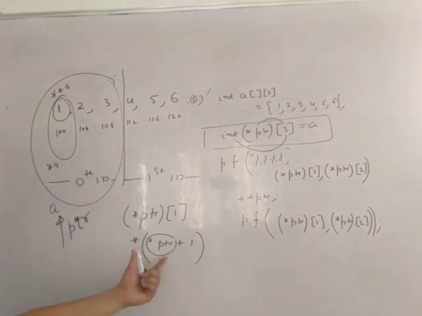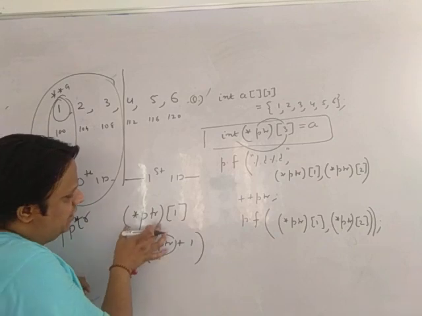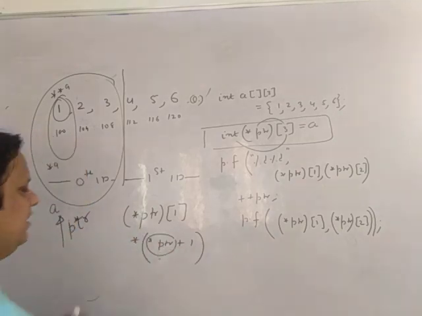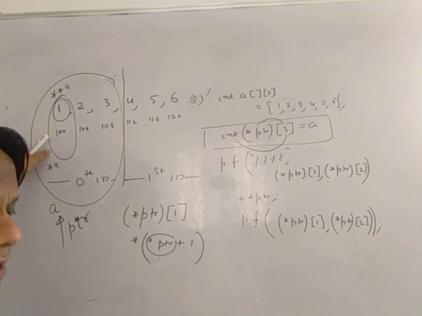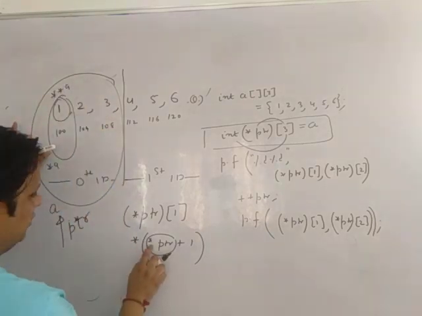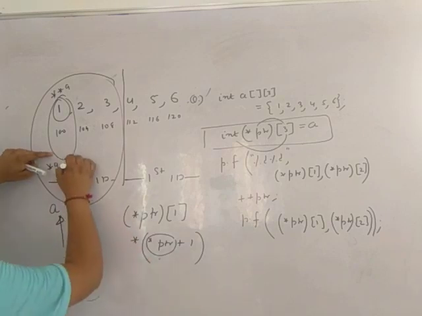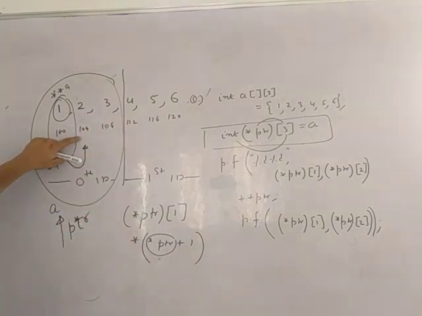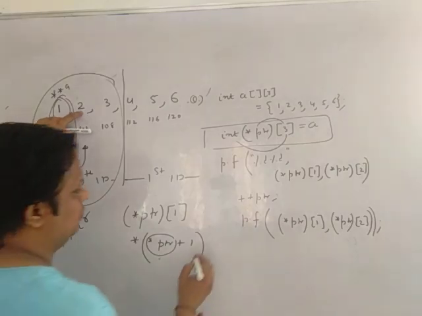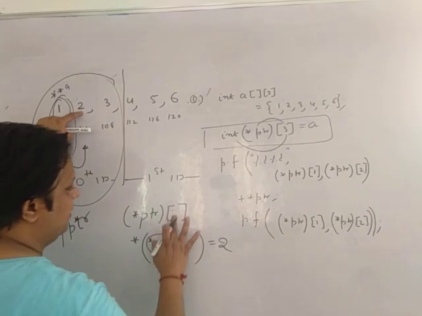एक ही बात है, ये ब्रैकेट में, जैसे A of I क्या होता है, स्टार ऑफ A प्लस I। अगर मैं इसको A मानूं तो स्टार ऑफ A प्लस 1। ठीक है, मेरा PTR यहाँ पे पॉइंट कर रहा है, इसका स्टार हो गया बेस एड्रेस ऑफ द 0th एलिमेंट। Star of this PTR is pointing at the base address of 0th 1D. When you put a star, you move to the base address of the 0th element. तुम यहाँ पे आ गए, प्लस 1 करूंगा तो बेस एड्रेस ऑफ द फर्स्ट एलिमेंट 104 पे आ गए और इसका स्टार के 2, तो इसका स्टार प्रिंट हो गया 2, राइट।